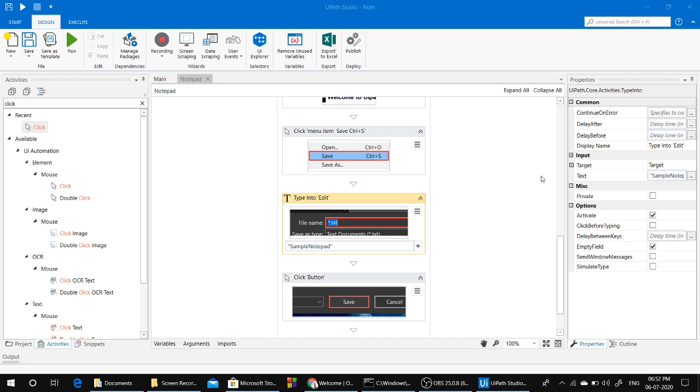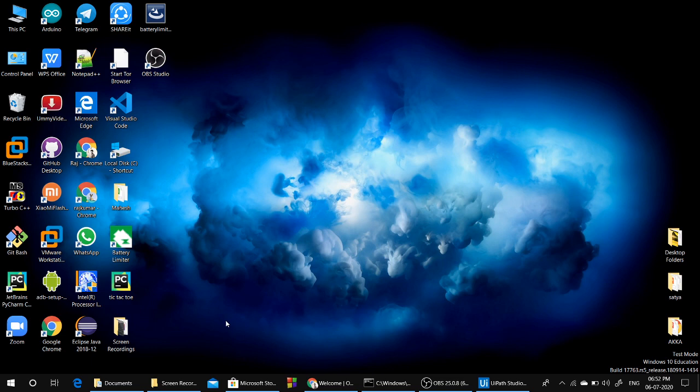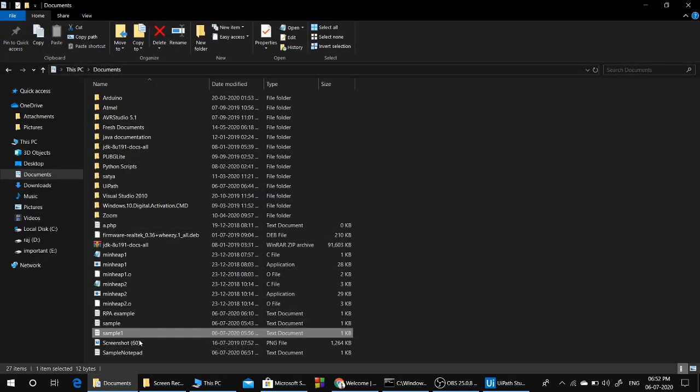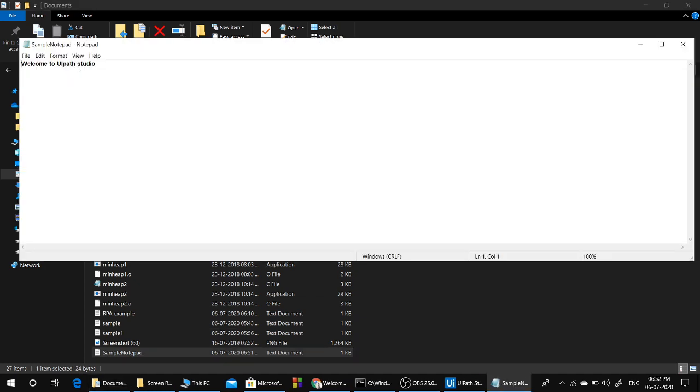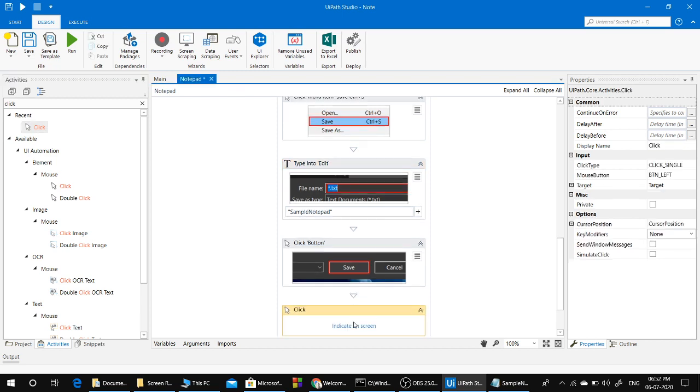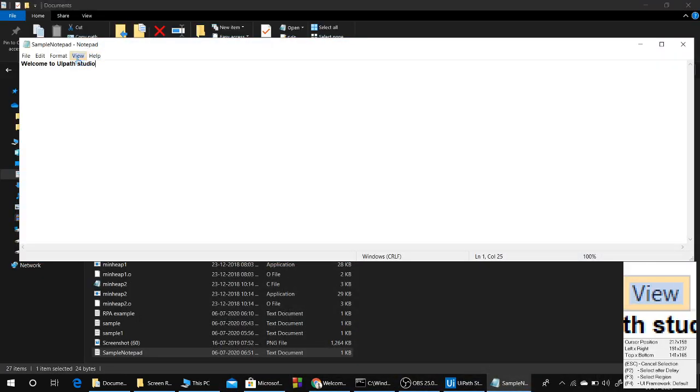Next we have to change the font style and font size of the text in the notepad. For that, first we have to open sample notepad. In that we have to click on format and then click on font. Let's automate this process. Click command, drag and drop, indicate on the screen, indicate on format.